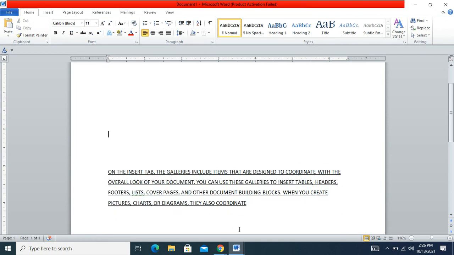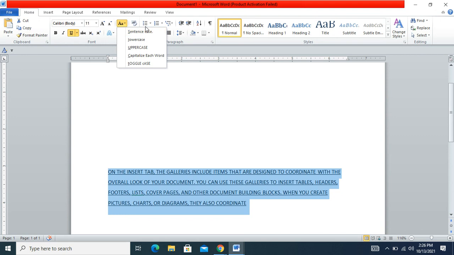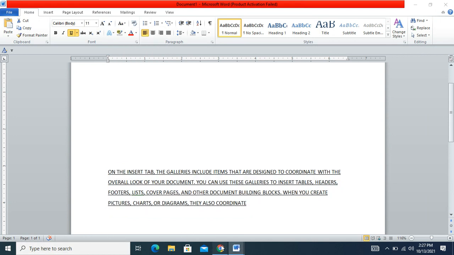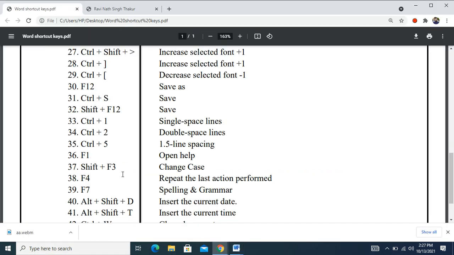So different change cases are applied one by one. The available options are sentence case, lowercase, uppercase, capitalized, and toggle case. One by one each option is applied when we press Shift plus F3. So to apply the change case, the shortcut key is Shift plus F3.